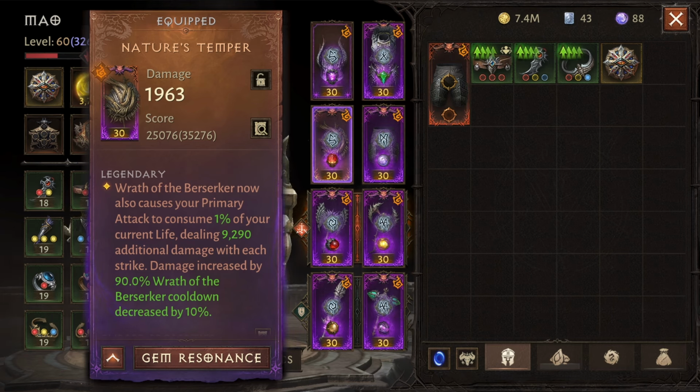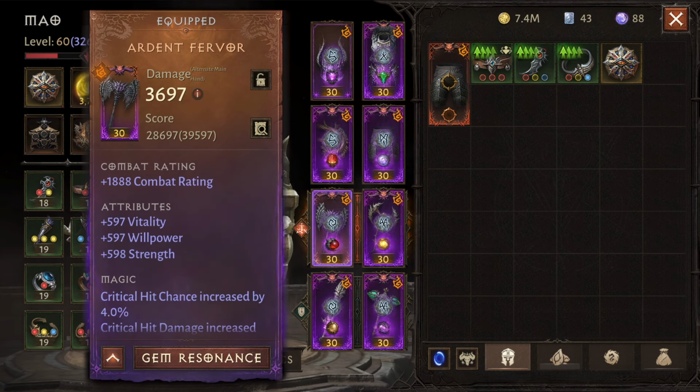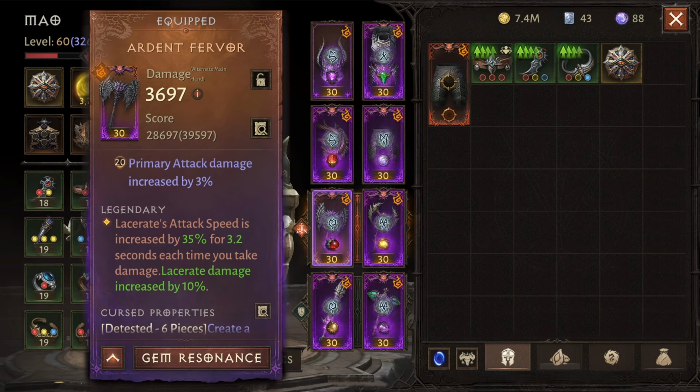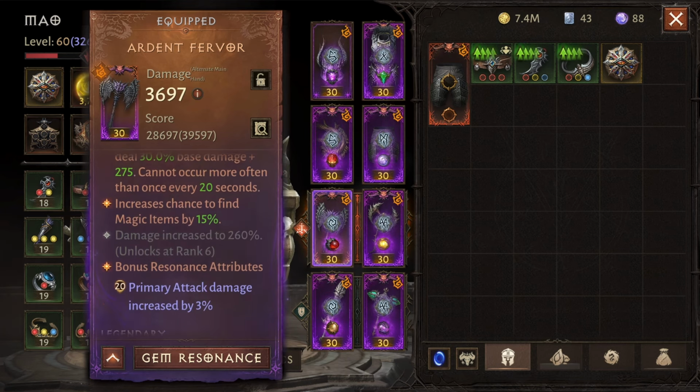And because we have extremely high attack speed, this shoulder is going to do an insane amount of damage, so I wouldn't recommend switching this one out. For the main hand weapons, we're using the Lacerate combo, so that's the Ardent Fervor, which I already talked about, which gives you 35% increased attack speed each time you take damage. And because you're constantly taking a tiny bit of damage from your shoulders, this works extremely well and synergizes with